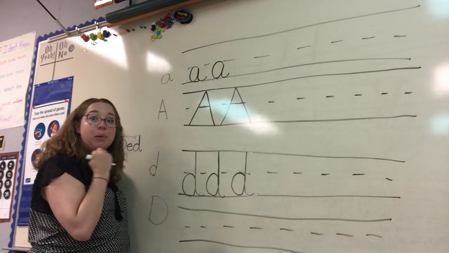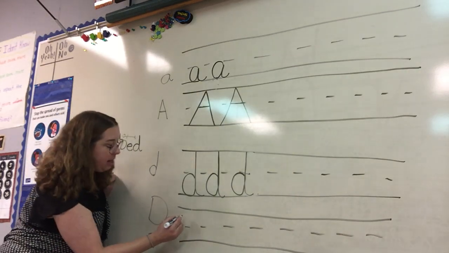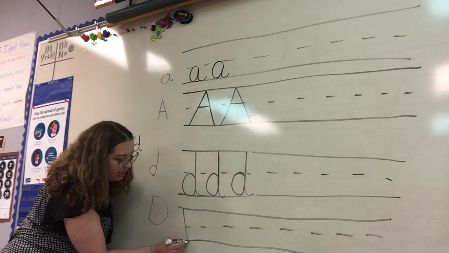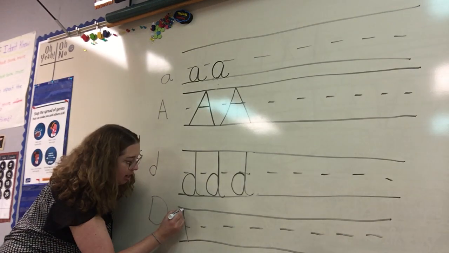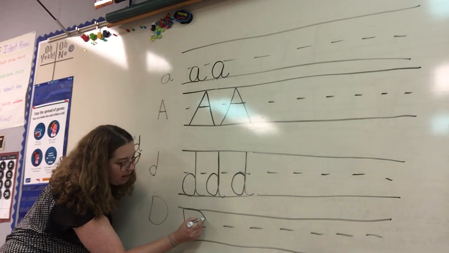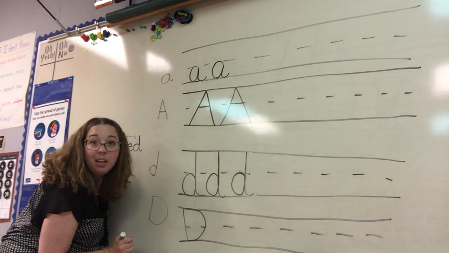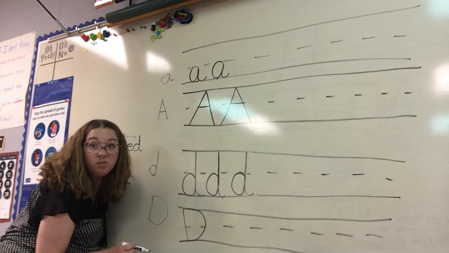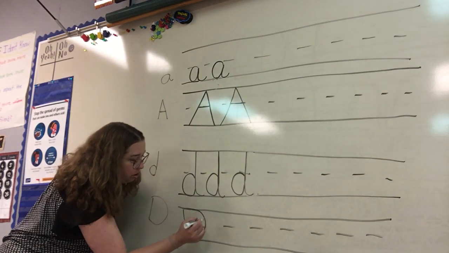All right, a capital D. This is where I'm going to start at the very top line, go straight down, and then I'm going to do my D. I'm going to go all the way around, create that hump, and then go back around. Honestly, that wasn't a very good D. Let's try that again. I'm going to go straight down,